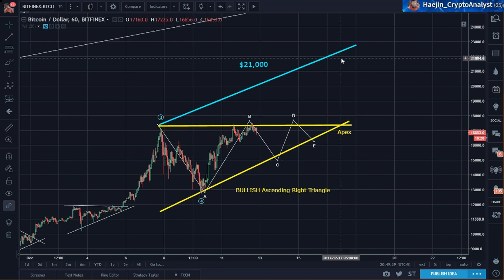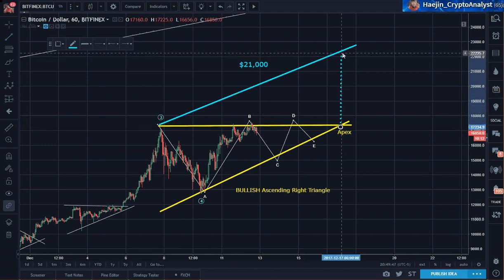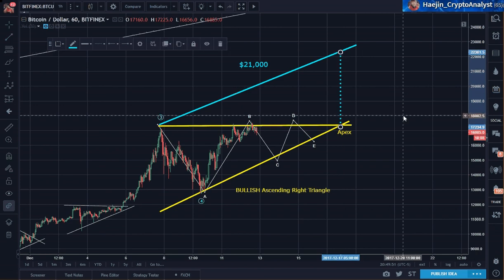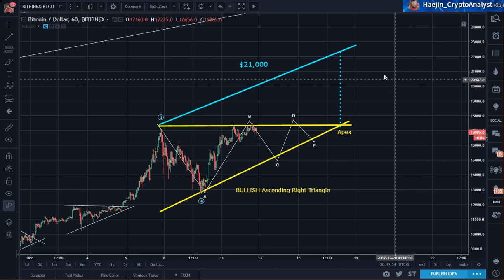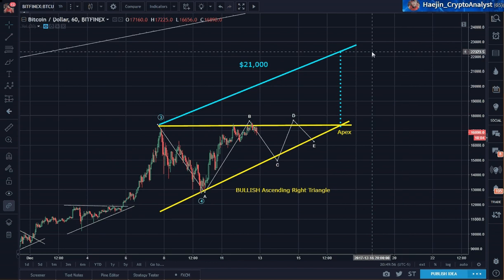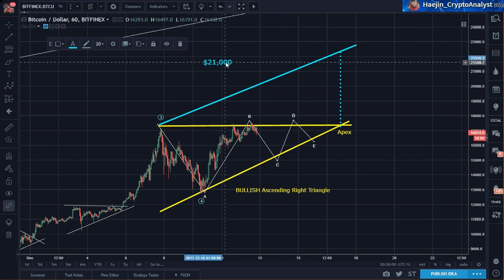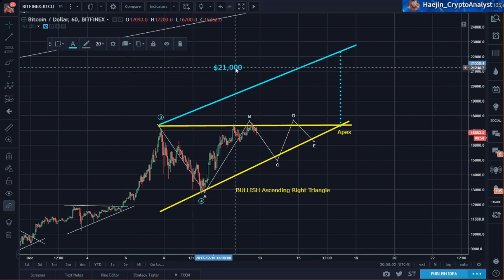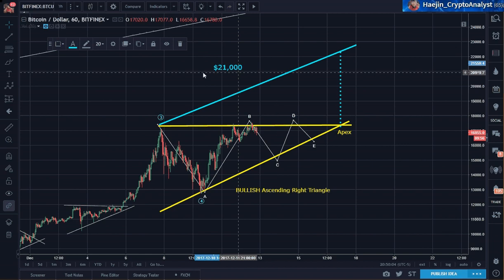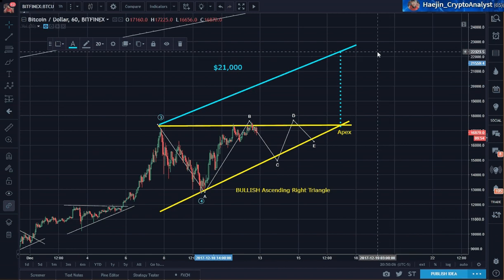So I draw a parallel line, I go to the apex, and I draw a vertical line until I meet the parallel line. What is the price projection here? 22,323. So this 21,000 is the head and shoulders projection. 22,323